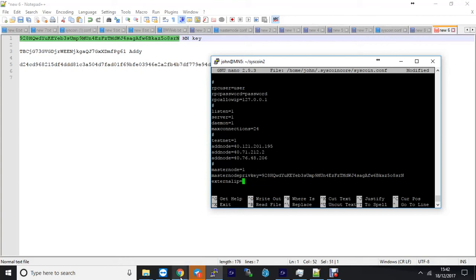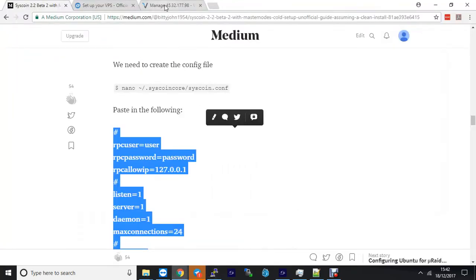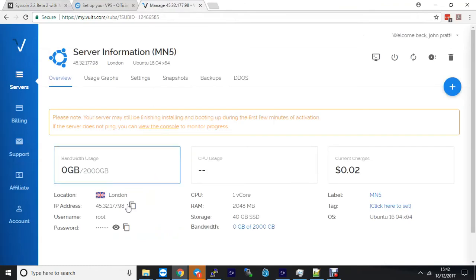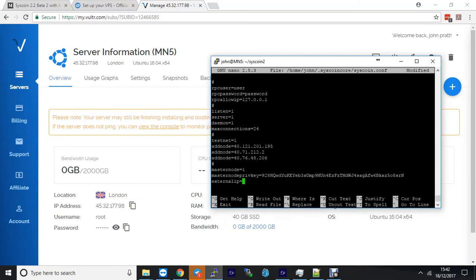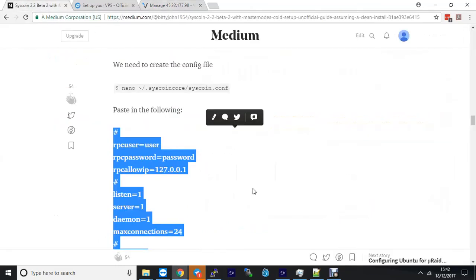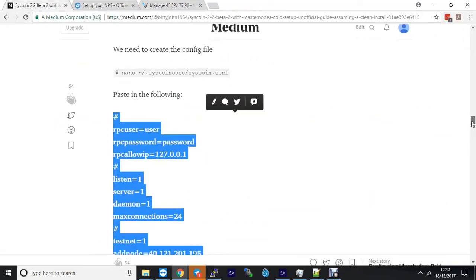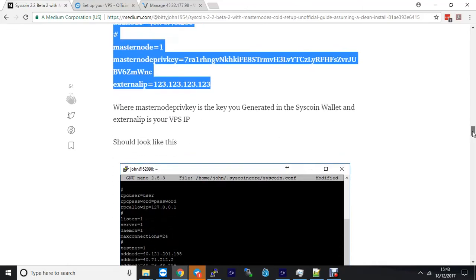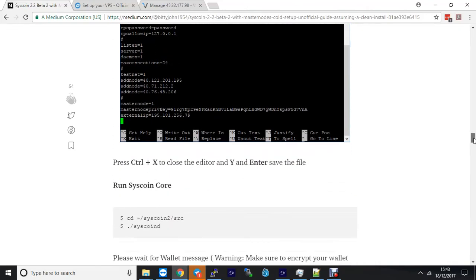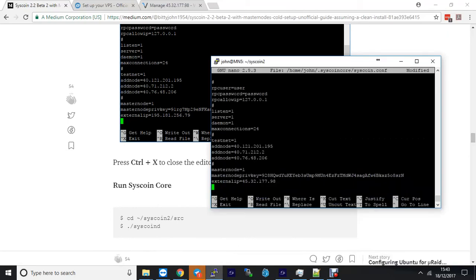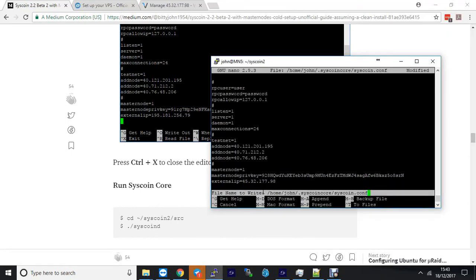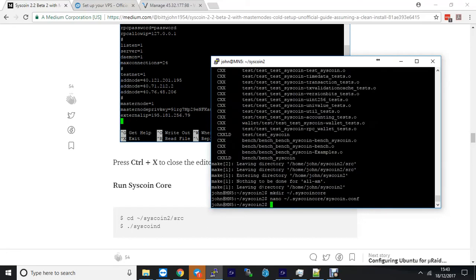So if you return to Vultr, if you just copy the IP address, paste it in, as per these instructions. So we now press Ctrl X, yes, and enter. We've now created